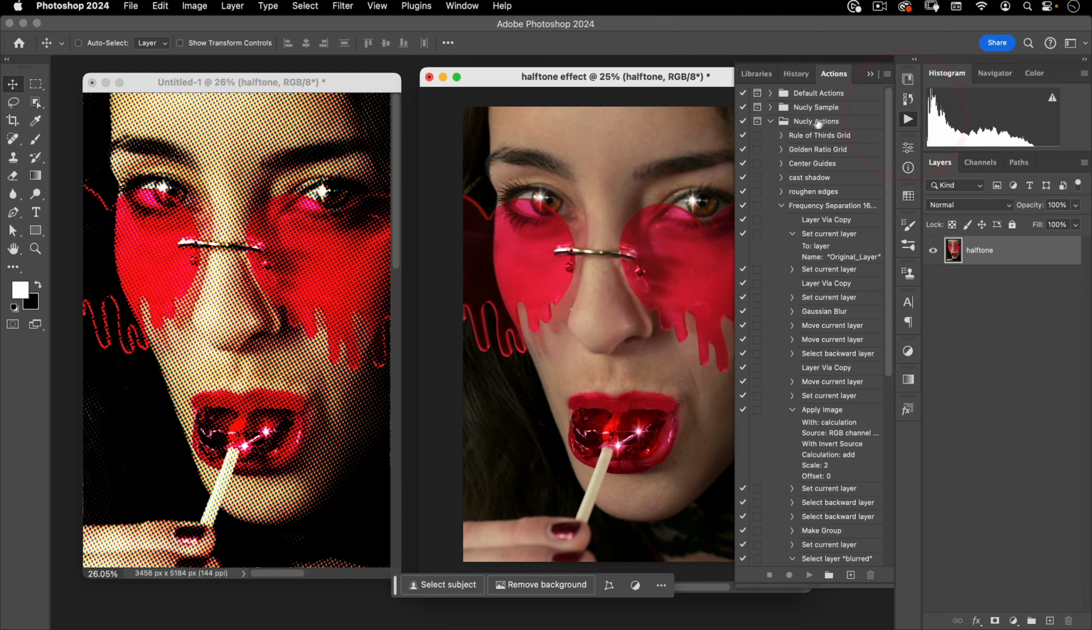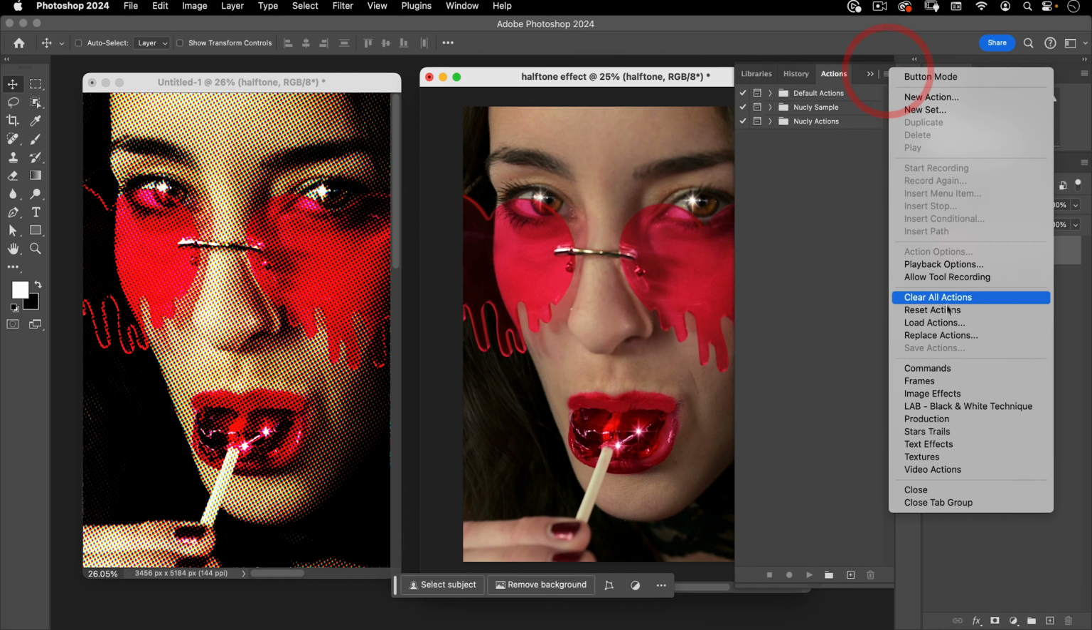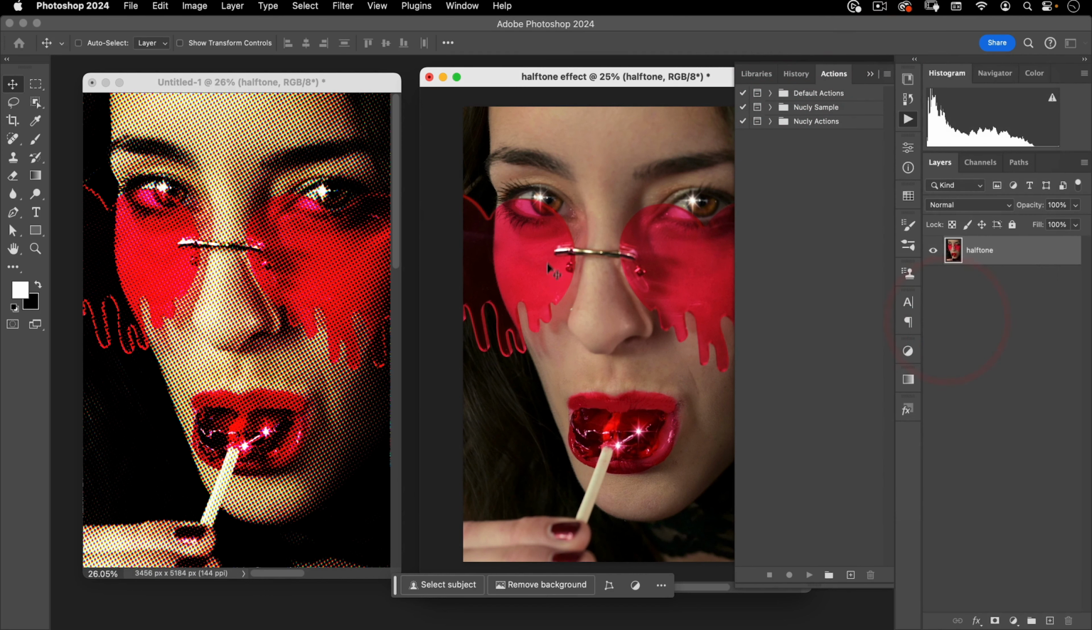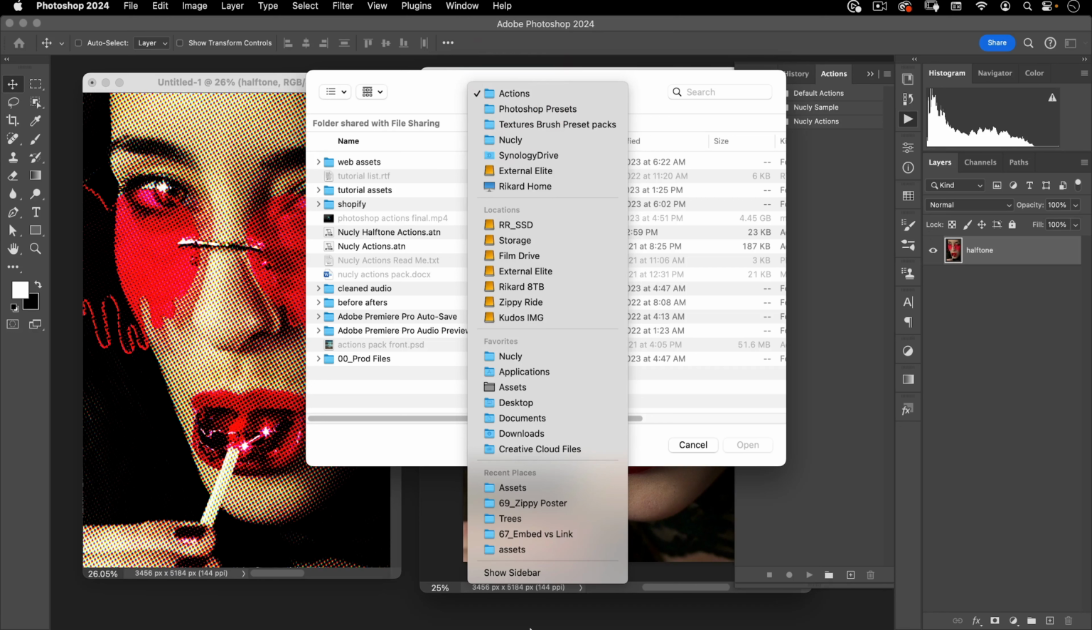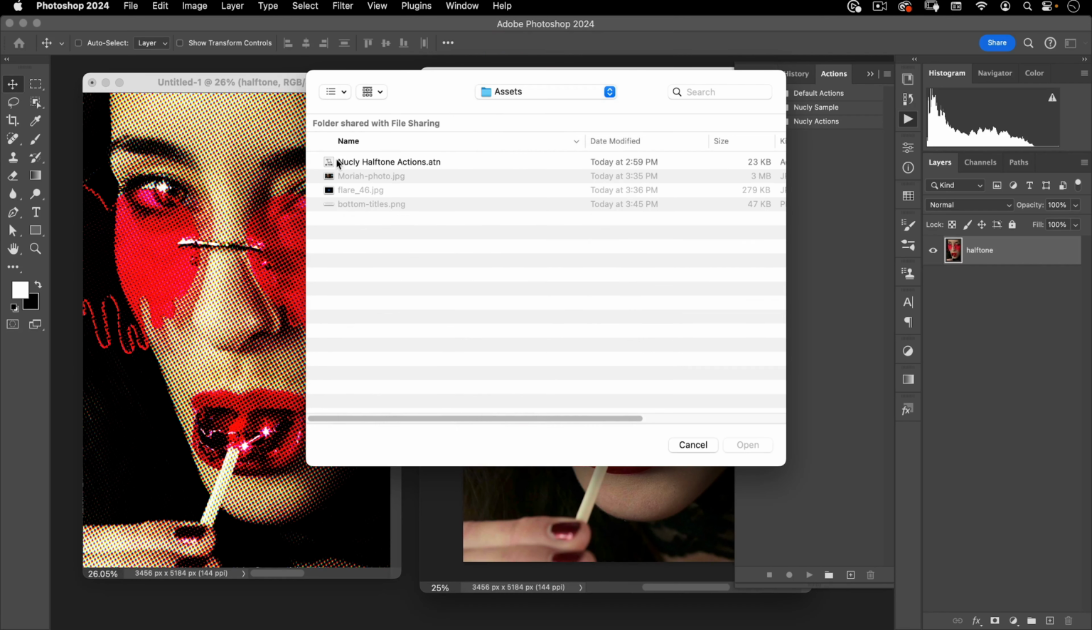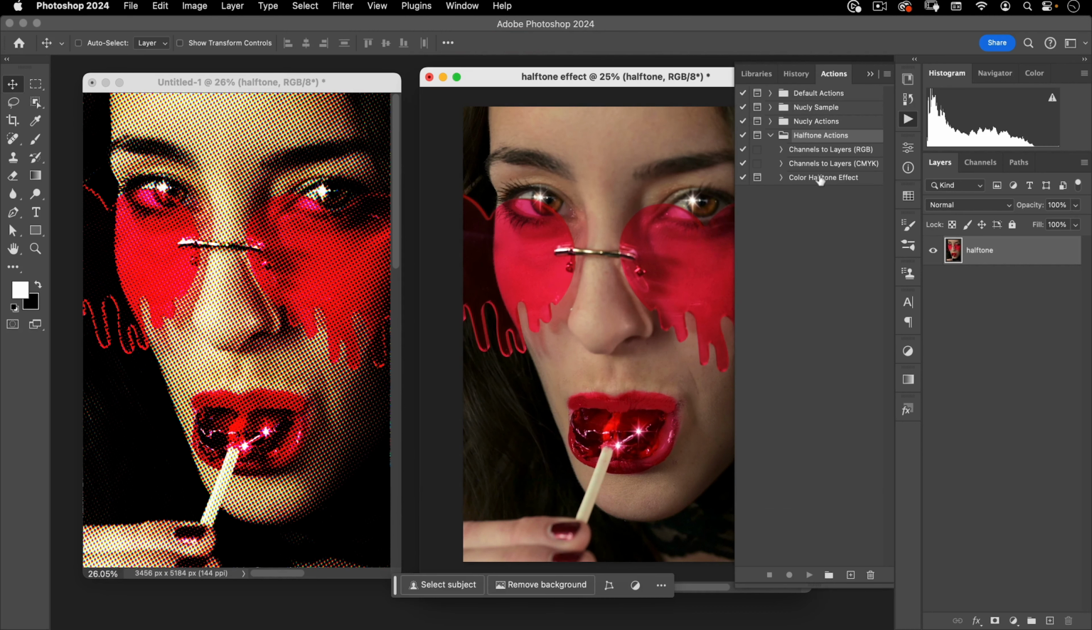So go to your actions panel here, go to here and go to load actions. And in the assets for this tutorial, you're going to see this Nucly halftone actions. Let's go ahead and load those. And you see 3 in here. These 2 actions are just a little bonus actions from my full set of Nucly actions. One gives you layers from your RGB channels, and then this one gives you layers from your CMYK channels. Now this one here is the one we're going to use, so go ahead and select that